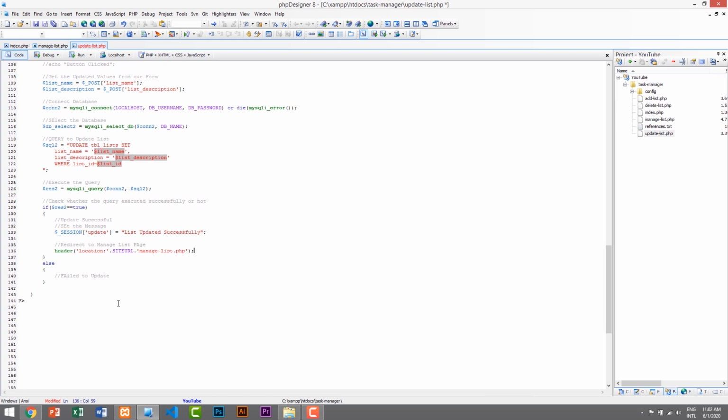That's it. Now we also need to set the error message and redirect to the same page, which is update-list.php, if it failed. So let's create a session message. $_SESSION, this is update_fail. Sorry, this is not capital, it's small: update_fail equals the message will be "Failed to update list", and a semicolon at the end. After that we need to redirect to the